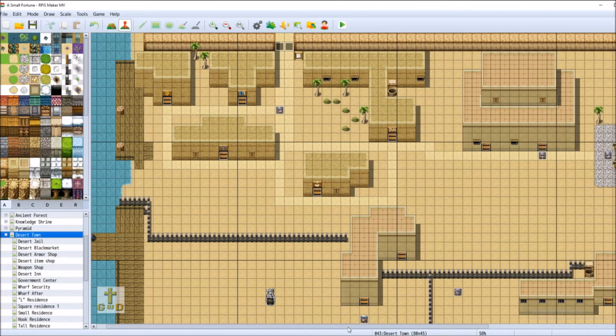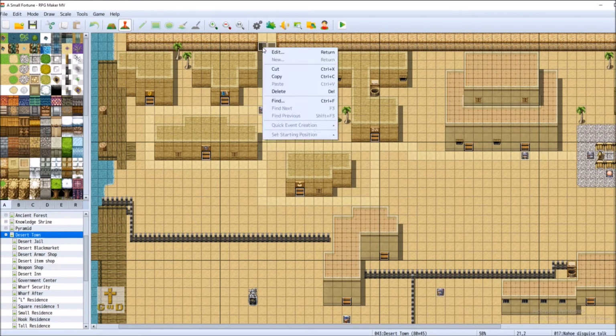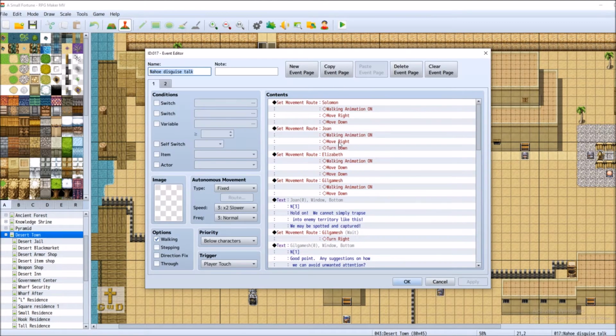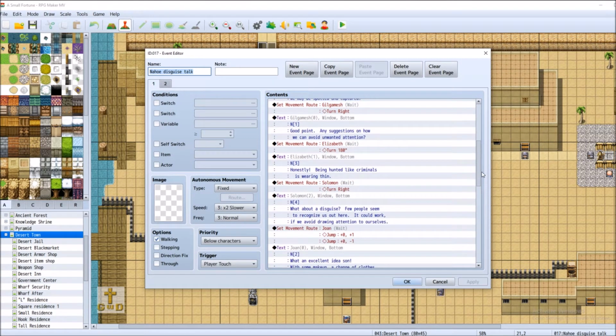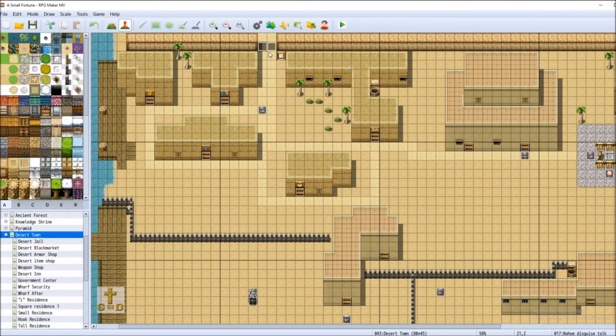I haven't got it working quite right yet. There's a string of events. I'll just go in and show you. There's a string of events that don't quite work how I wanted them to, mostly involving the movement of the four characters. I have them each spread out and each do their own thing when they enter town. The second thing is that every time I enter...